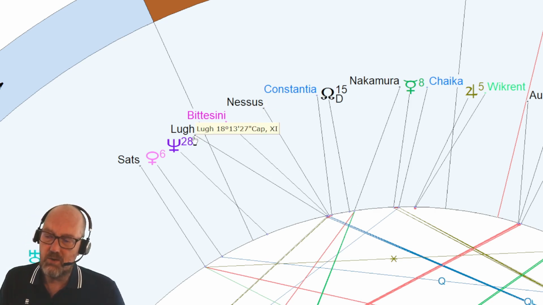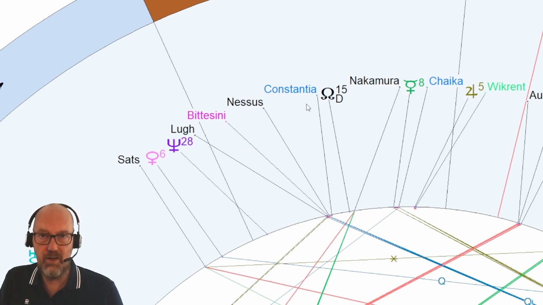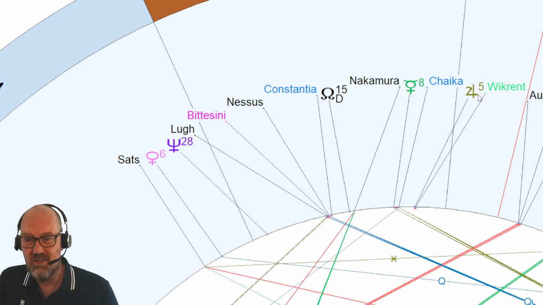Look here, just a quick look at this one. Is more an agricultural idea of harvest. Constantia is the idea of the chain, the blockchain, pumping out blocks every 10 minutes. Here is chain, it's very close to Mercury. Vikrent exactly conjunct Jupiter, so this is saying something about a huge manipulation of the markets. More like the reason why Bitcoin started than anything else.